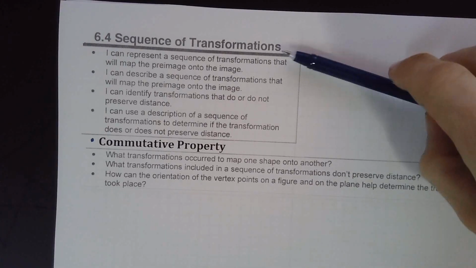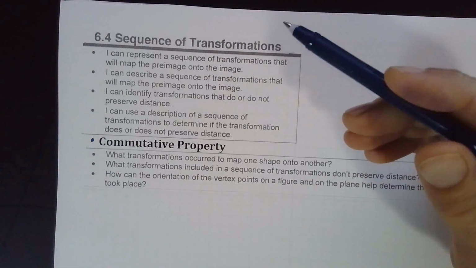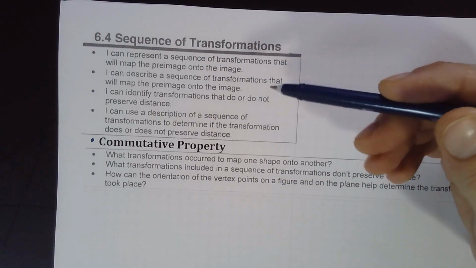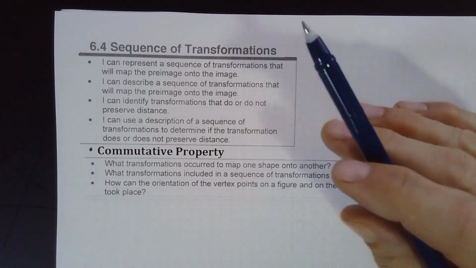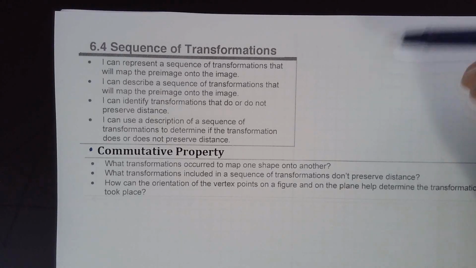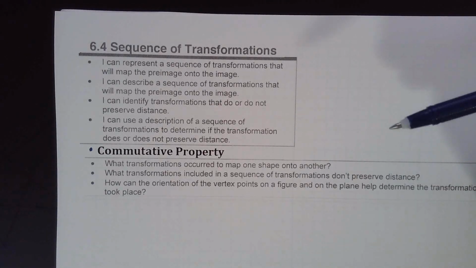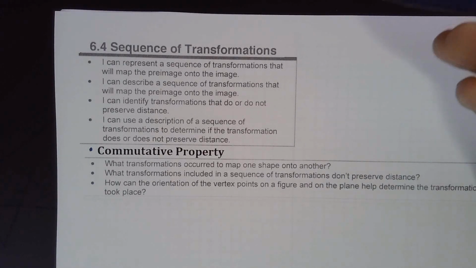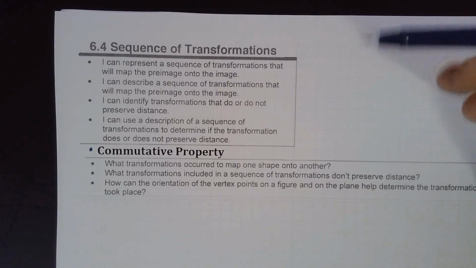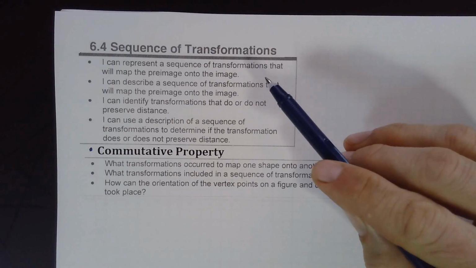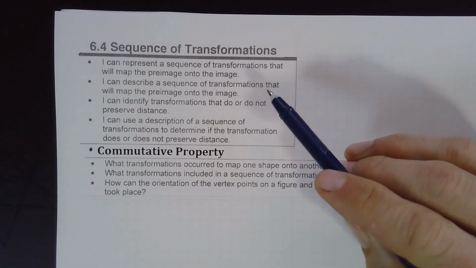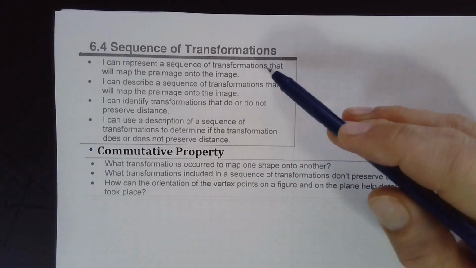The difference between section 3 and section 4 being that section 3 just kind of focused on transformations that preserve distances and ones that do not. Section 3 was kind of just to help you identify that dilations don't preserve distances, where the rest of them do. Okay, this one is going to help you actually put that to use a little bit more in detail, saying that I'm going to be able to map,